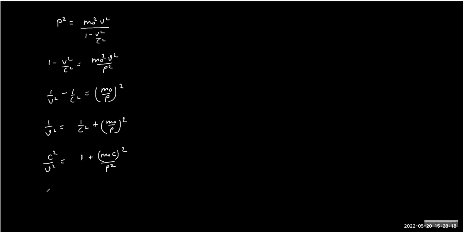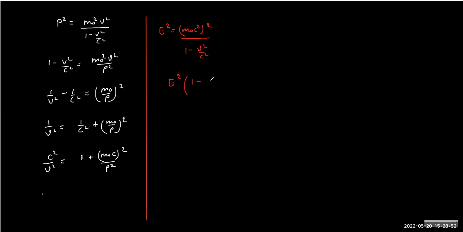And so c square minus v square. Okay, we can keep this ratio intact. So we can write it like this, this is fine. We can derive now. That's almost close. The energy square we got as the answer is (m naught c square) whole square upon 1 minus v square by c square, right? So E square into (1 minus v square by c square) is (m naught c square) whole power 2.